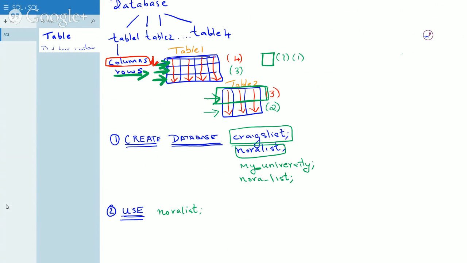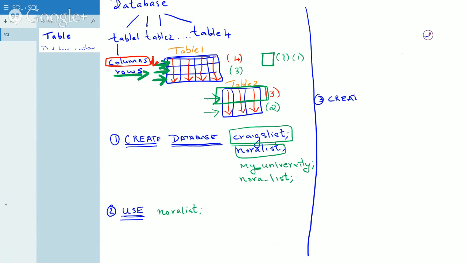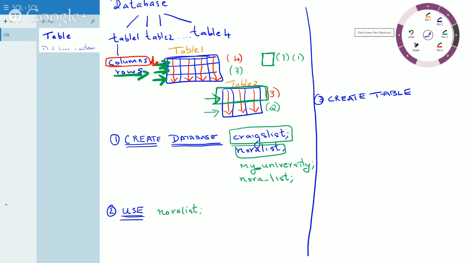Now, once you have a database, the next thing you would do technically is create tables, right? Like I said, the main thing in a database is tables. So the third command you need to know is create. Again, very simple. SQL is very simple. You can simply write it as you talk, kind of in English, we obviously say create table, but after that there's a little bit of format you need to follow, but other than that there's not much. So say I want to create a table called